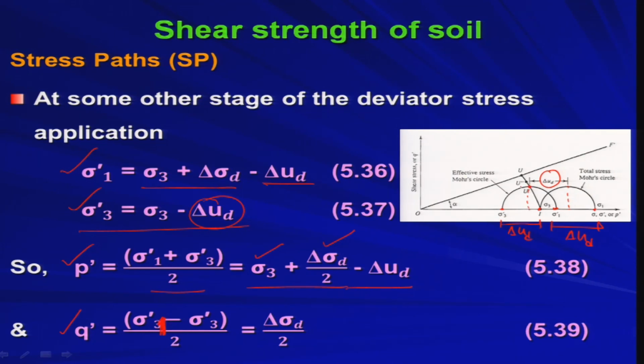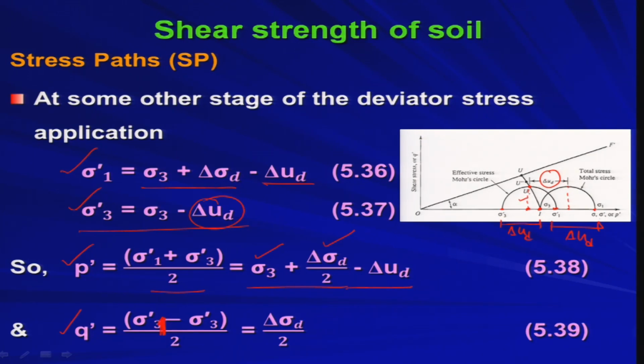This point, right. If you look, P prime is equal to sigma 3 plus delta sigma d by 2. So, sigma 3 is here, plus delta sigma d by 2. So, you will be getting the center of the total stress Mohr circle; minus delta u d will be giving you the P prime. Am I right? Similarly, Q prime is your delta sigma d by 2, that is nothing but the radius of the